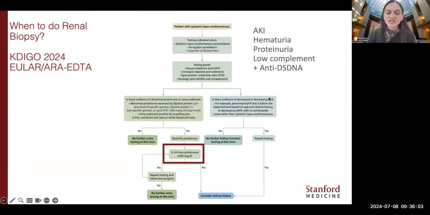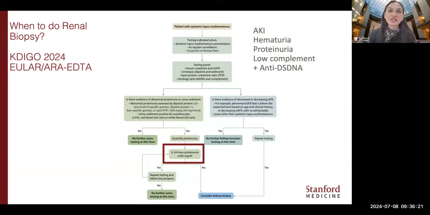So in lupus patients, our guidelines actually just came out in 2024. They changed all the lupus guidelines or made them more specific. One of the guidelines that they do recommend is if the proteinuria is over 500 milligrams, that's when we should do the kidney biopsy. So again, if I have a lupus patient that shows up, maybe their creatinine's up,